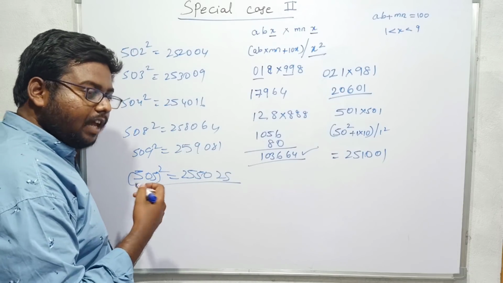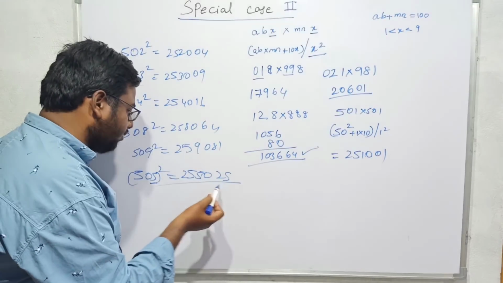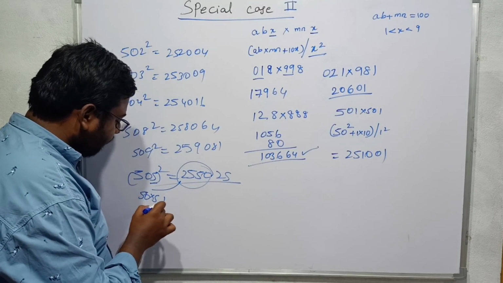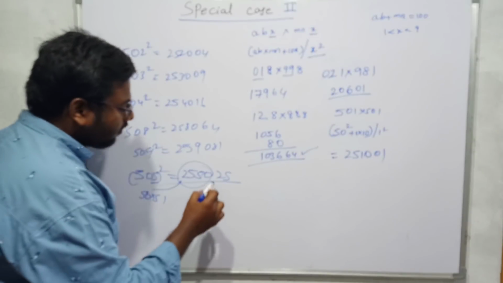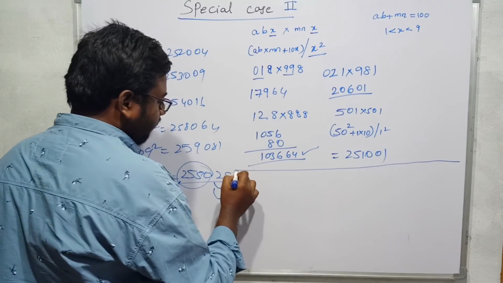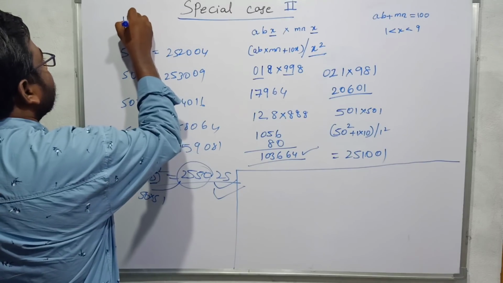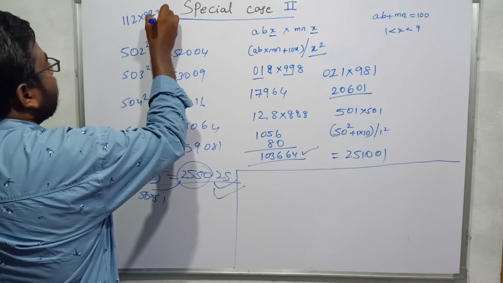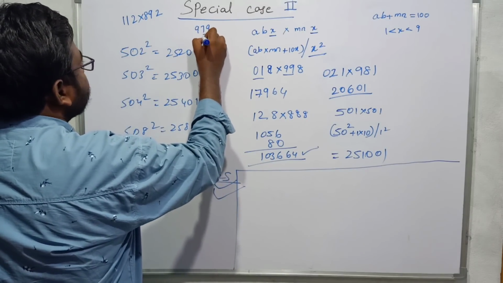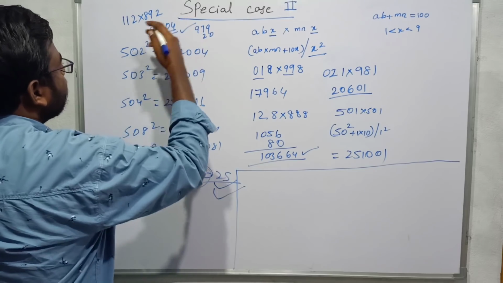That means, for example, if we calculate the square of a number ending with 5, then 5 square is 25, and the front part should be the value of 50 into 51 by that process. 5 ones are 5, 5 5s are 25, 2550. That you can check from this too. You can take like this also: 112 into 892, 11 into 89, 979 plus 20, 99904 is the answer. You can do like this also.